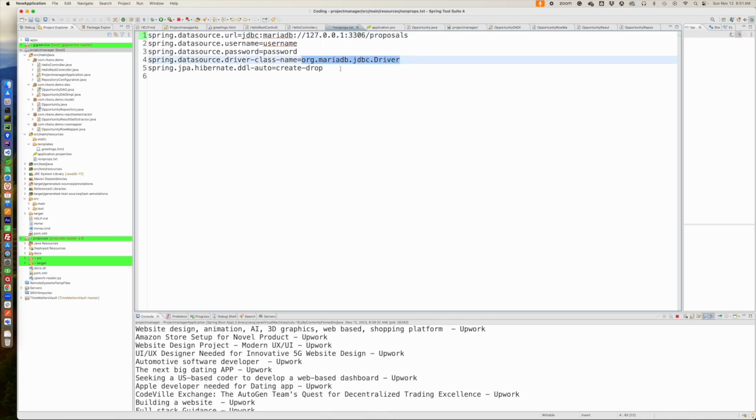And then there's this thing I don't really need right now. That was actually a leftover from other. That's if you're going to use JPA's Hibernate, you would need that. In this case, it's going to ignore it because we don't need it. Now, that is to effectively connect to your database. Now, to actually do all this stuff to connect to that, we have a couple of classes we're going to